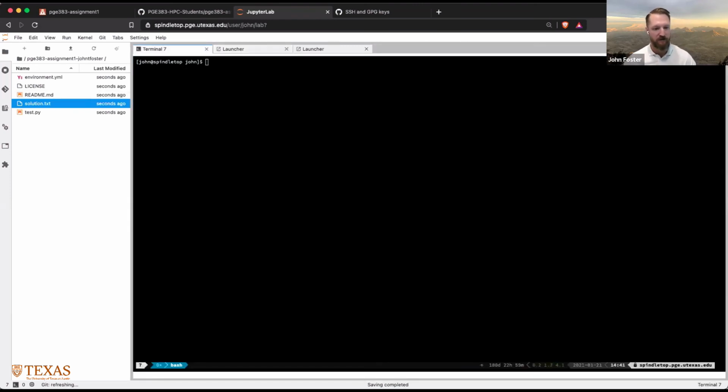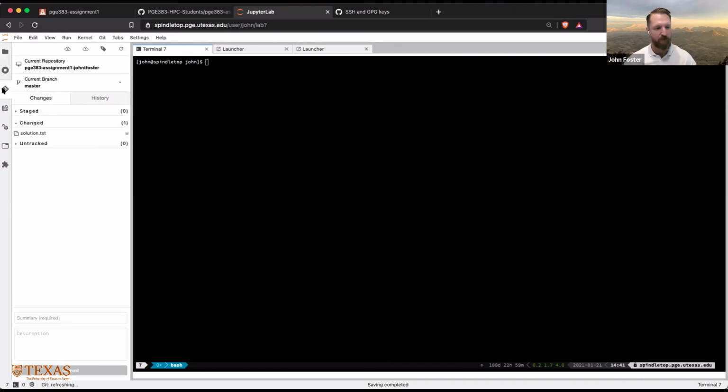And now, again, instead of issuing the git commands via the terminal window, what I'll do is go over here to this git tree again, click that, and now you'll see it says that solution.txt has changed, okay? It'll appear in this changed section. So I can revert it with this command, like if I wanted to discard the changes and go back to the way it was,